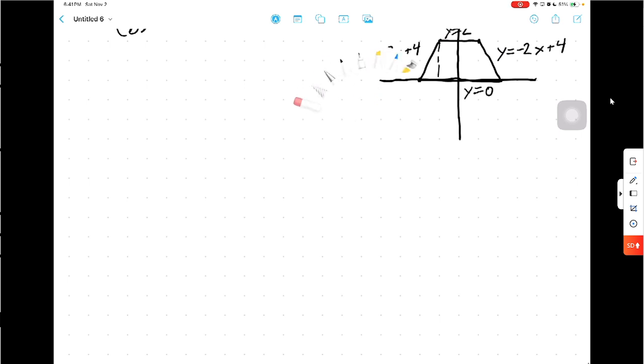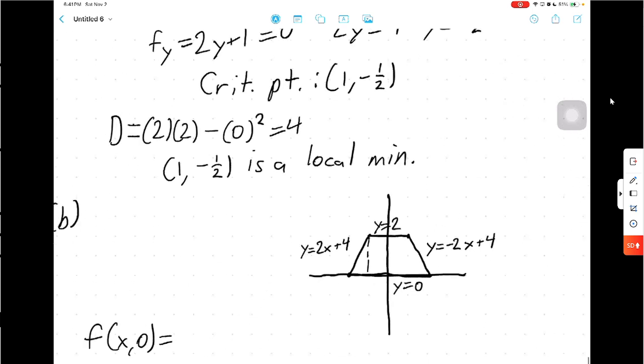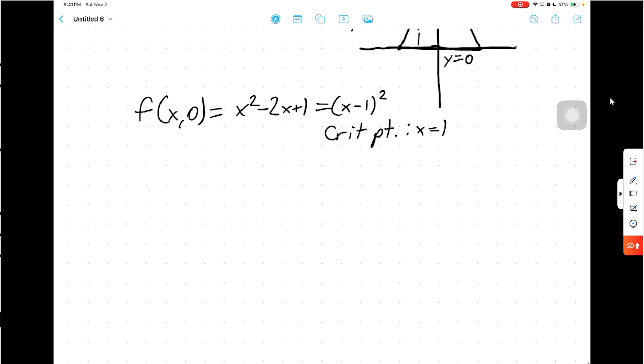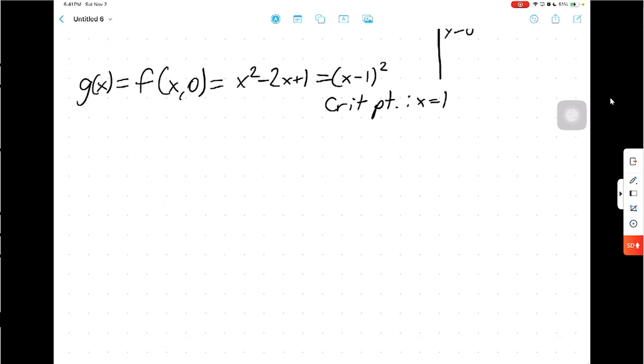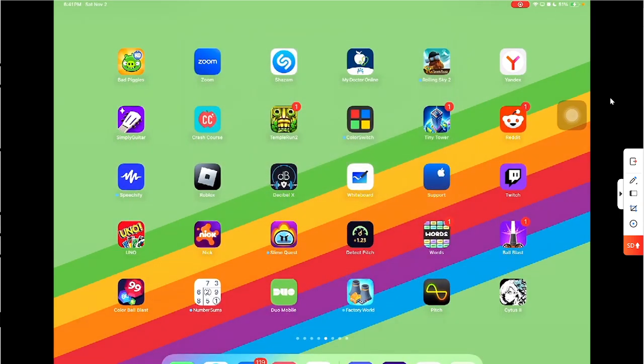Alright, we're just going to check the lines. So first, f of x, 0 is just equal to x squared minus 2x plus 1, which is equal to x minus 1 squared. And from here, I can just identify the critical point as x equals 1. I'm going to name this g of x. H of x is going to be f of x and then 2